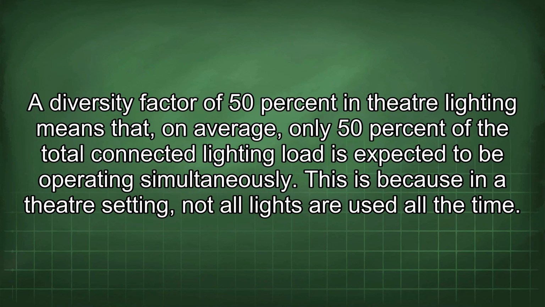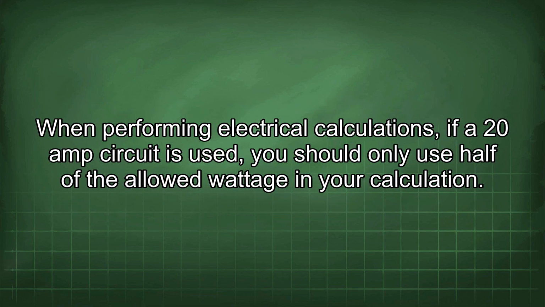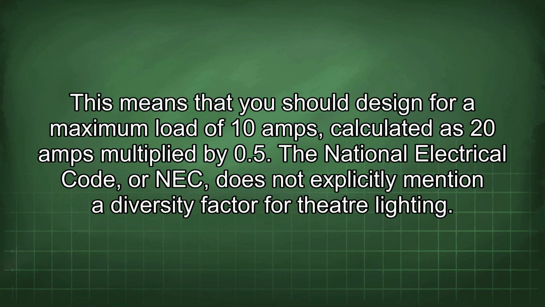A diversity factor of 50% in theater lighting means that, on average, only 50% of the total connected lighting load is expected to be operating simultaneously. This is because in a theater setting, not all lights are used all the time. When performing electrical calculations, if a 20 amp circuit is used, you should only use half of the allowed wattage in your calculation. This means that you should design for a maximum load of 10 amps calculated as 20 amps